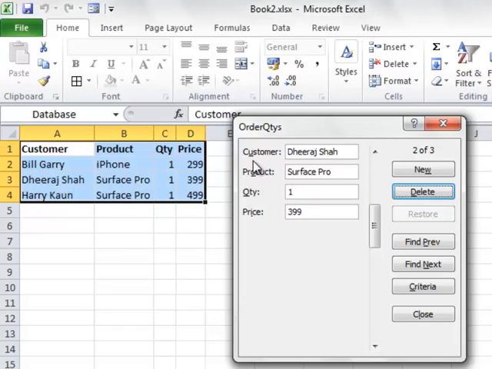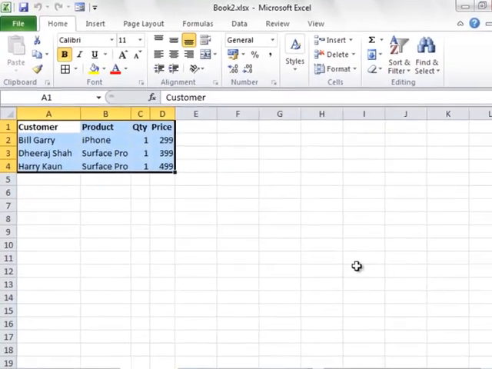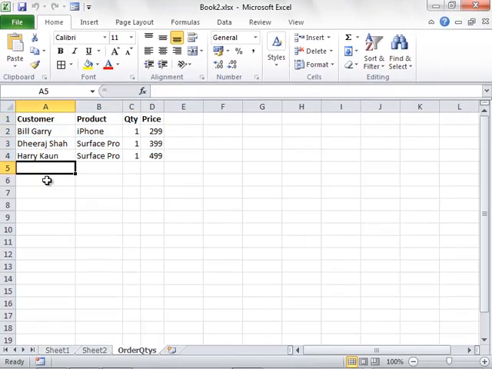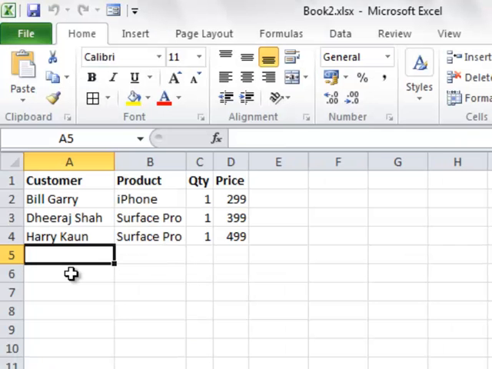So this is how you can enable the form option and create quick data entry forms using Excel 2010. We have seen data input types which are supported in Excel. We have also seen forms. Now some quick data entry techniques which will help you when managing large data, or if you are spending more